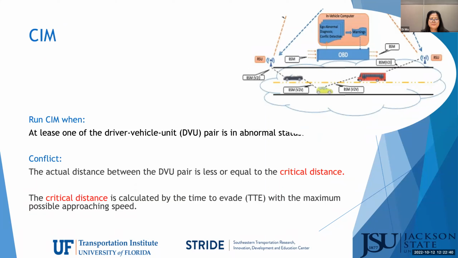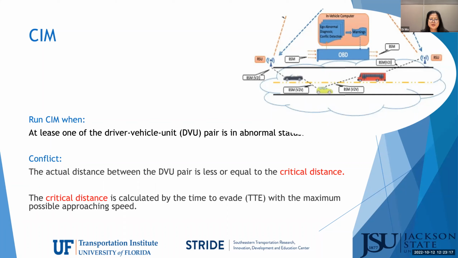The CIM. You might be wondering, since we already have the DAD, why we still need to introduce the CIM? The reason is that a crash is a real event. Even when the driver is under abnormal driving status, the chance of having a crash is still very low. So we don't want to issue too many false alarms. Therefore, we use the CIM to shrink down the number of warnings.